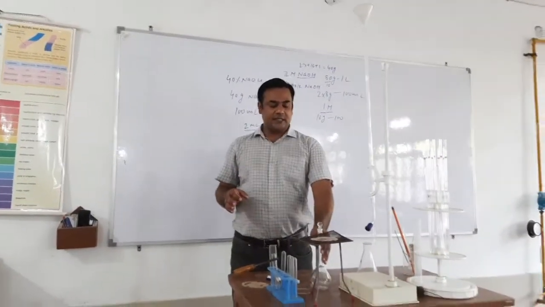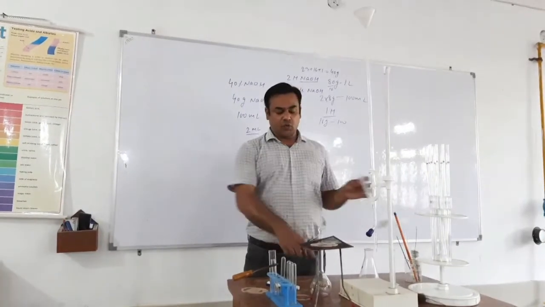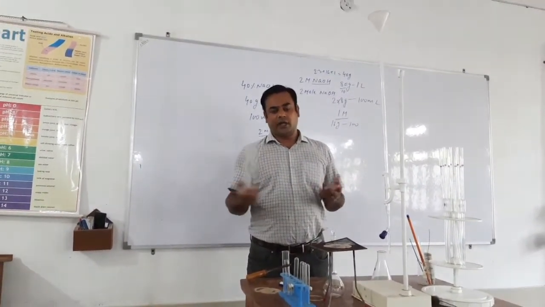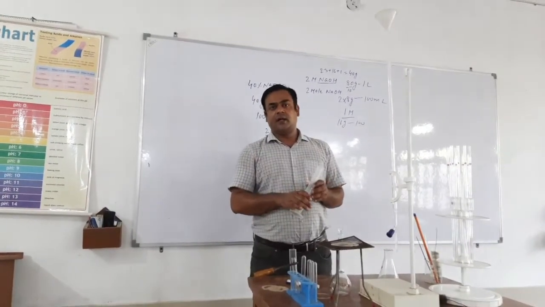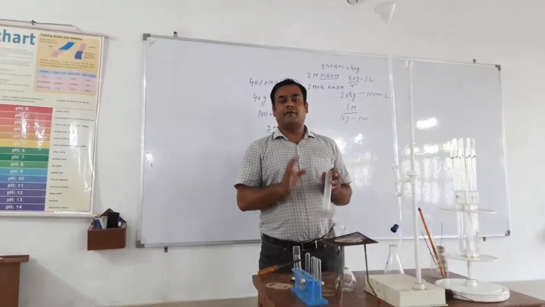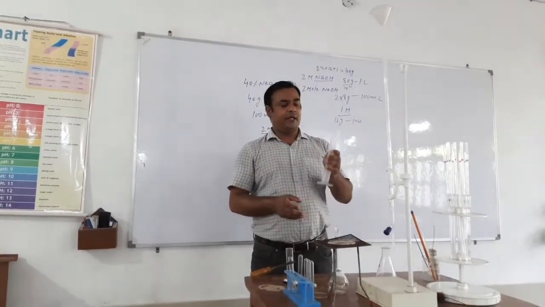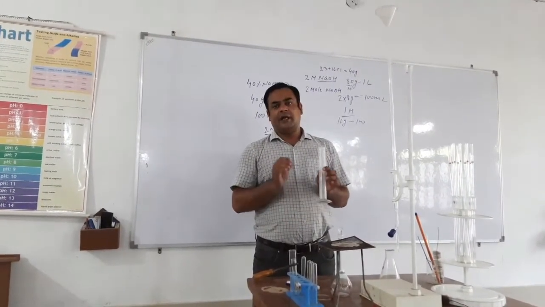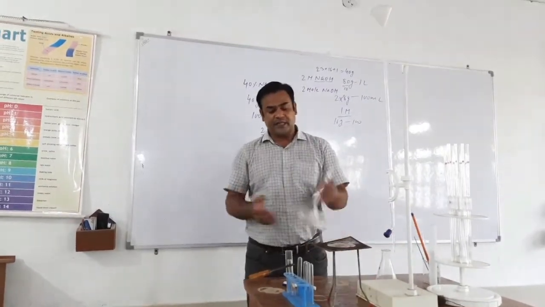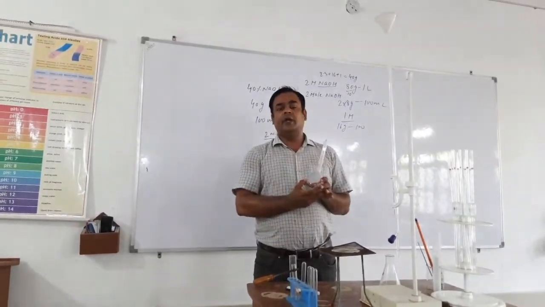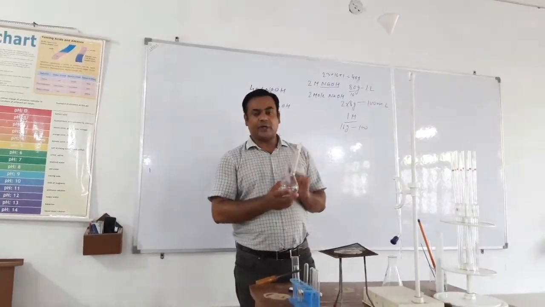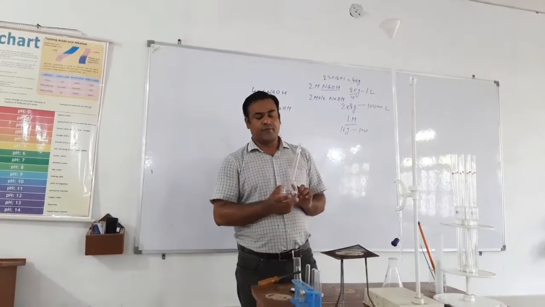Now the question arises: why can't we measure 250 ml by using the measuring cylinder? This we can also do with the help of a measuring cylinder, but the problem with the measuring cylinder is that it is not perfectly calibrated. If we measure 250 ml, it will have more error, but if we measure the same with the help of a standard measuring flask, it will be approximately accurate 250 ml. So that's why we use the standard measuring flask.